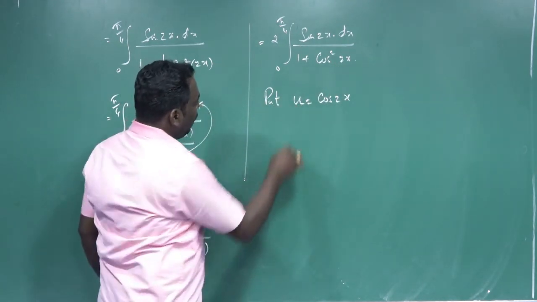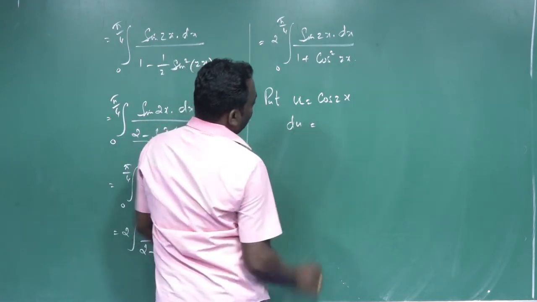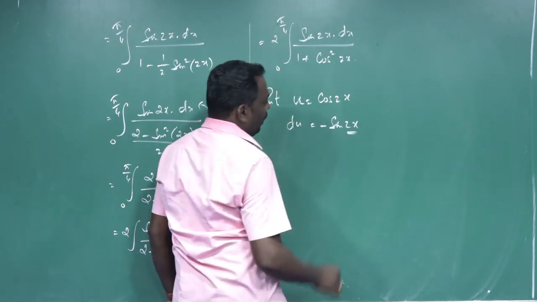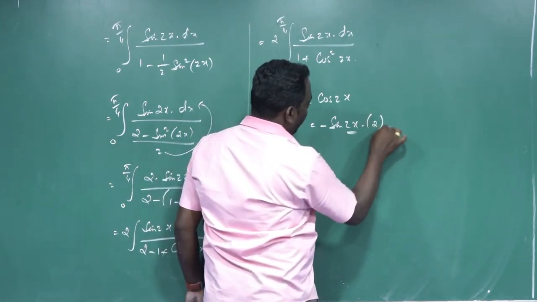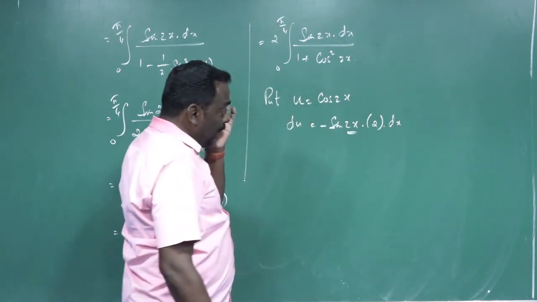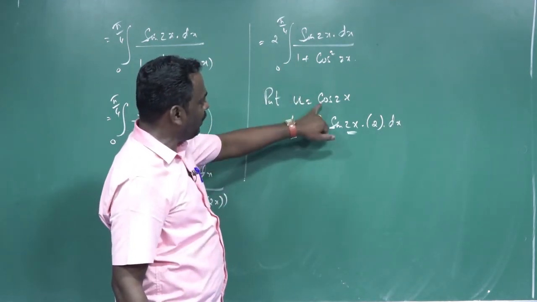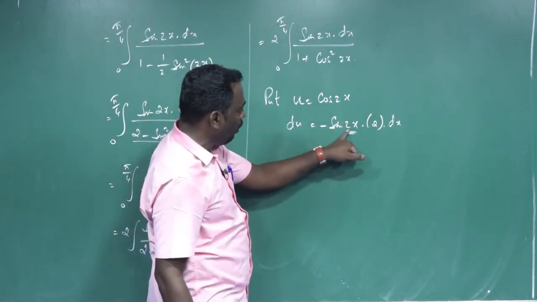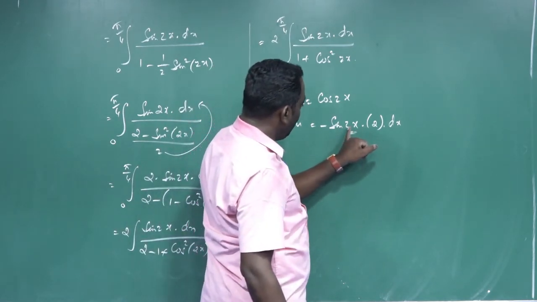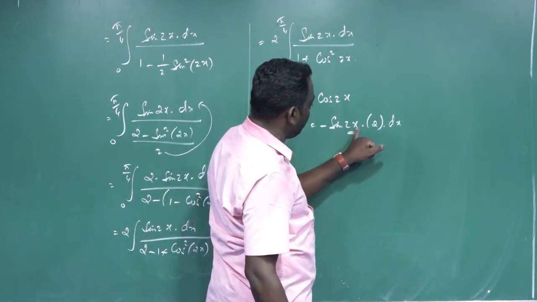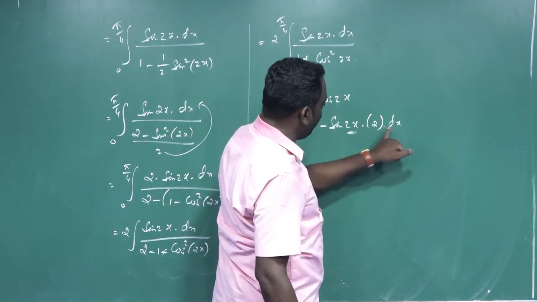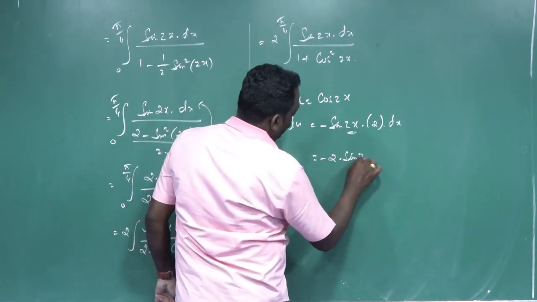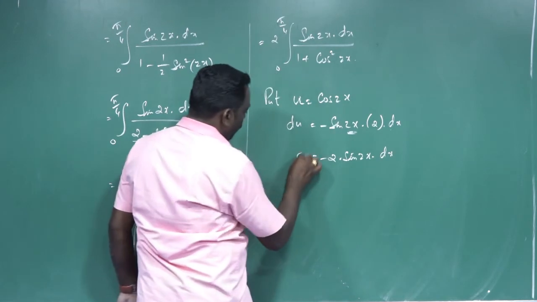Differentiate with respect to x, differentiation of u equal to du, and differentiation of cos becomes minus sin 2x. Again we have to differentiate 2x, differentiation of 2x equal to 2 as a constant multiple and x differentiation with respect to x is 1. Therefore simply 2x differentiation equals 2 into dx. And that is equal to minus 2 into sin 2x into dx, that is equal to du.